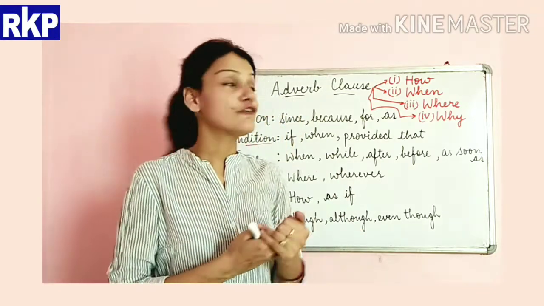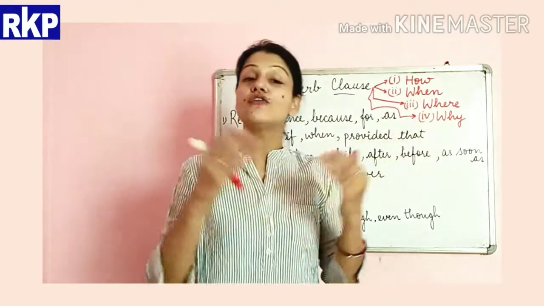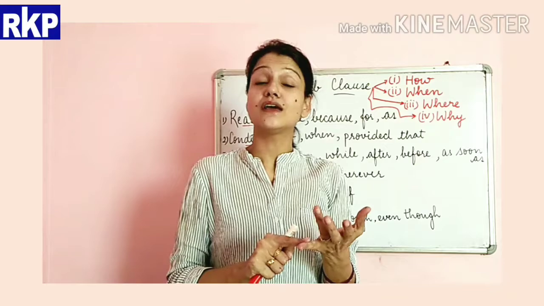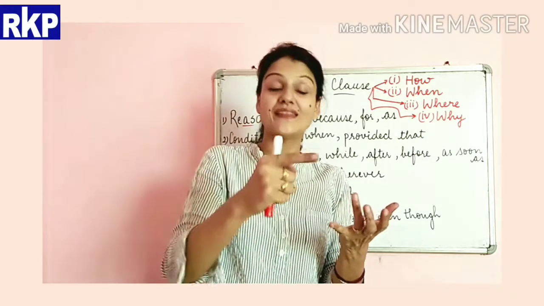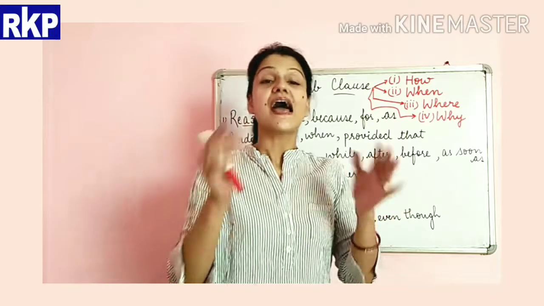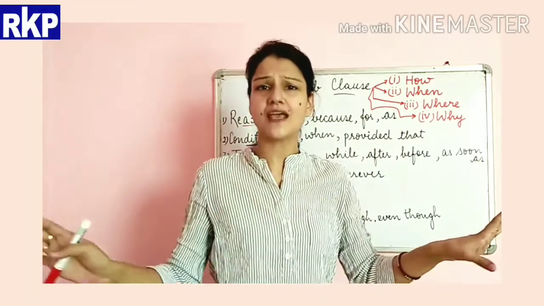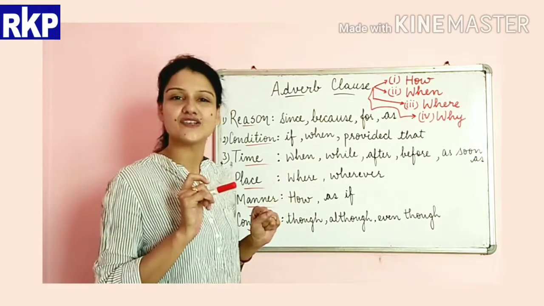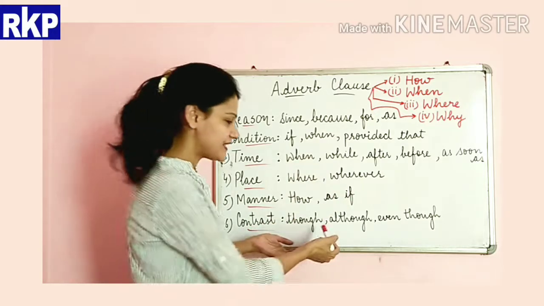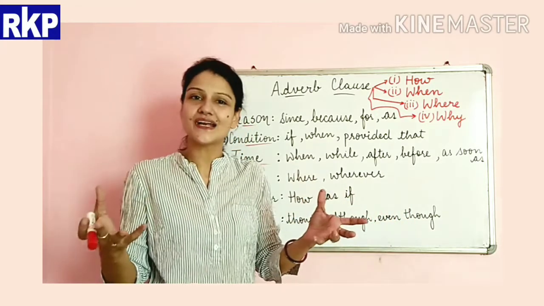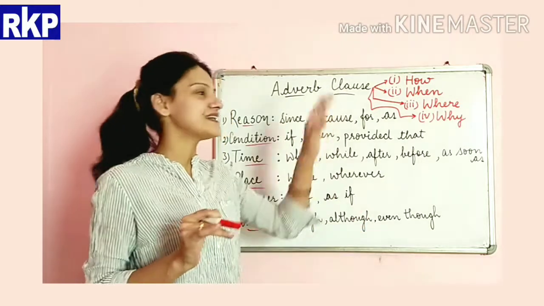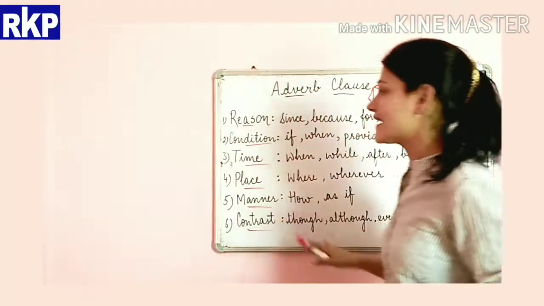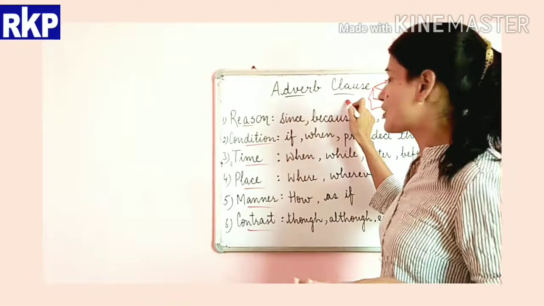Of course, if you do not get the answer of these four, you will question what to find out whether it is a noun clause, and you will also question who or which to find out whether it is an adjective clause. And if you do not find an answer to anything, then you will try to search for a subordinating conjunction. And if you remember that though, although, even though are subordinating conjunctions, you will get your answer that it is an adverb clause. So I hope the things are clear to you till here, right? What is an adverb clause?